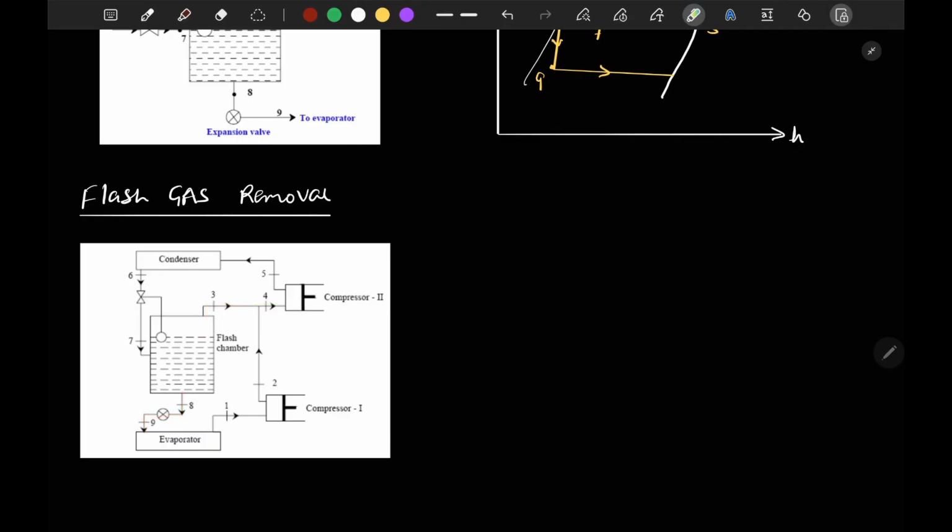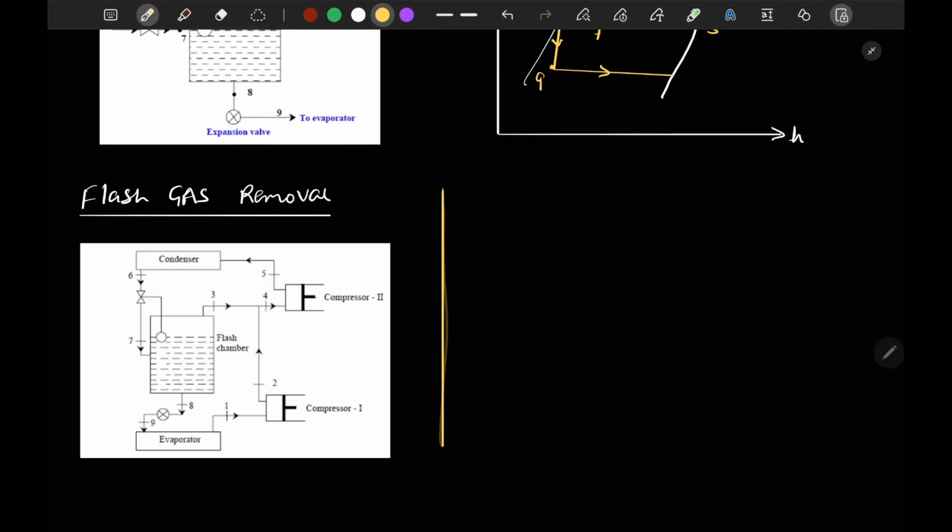So what happens next is that the evaporator exit refrigerant, which is in vapor state, is compressed in compressor 1 and reaches a pressure equal to the flash chamber pressure, the pressure after the first throttling. After this, both the output of compressor 1 and the flash chamber vapor refrigerant will enter compressor 2, and it will reach the pressure of the condenser. Now if you want to represent it on a pH diagram,